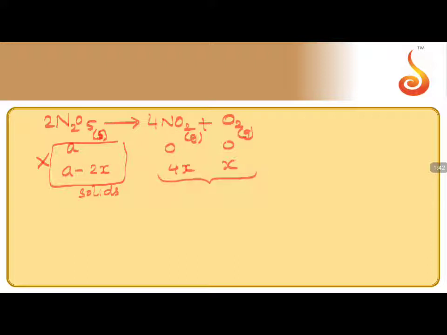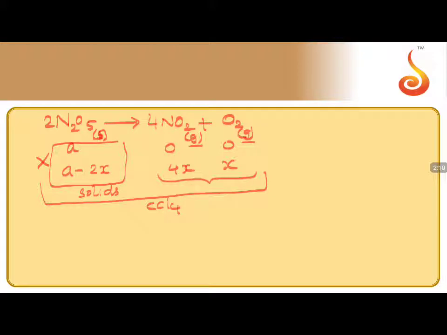But in the products, we have two gaseous terms. If there is only one gaseous term, we can say how much volume of gas is evolved at each interval of time, which can be related to x or 4x. But if you have two gases, it becomes complicated. So to avoid this complication, the reaction is carried out in an organic solvent like CCl4, chloroform, or carbon disulfide.